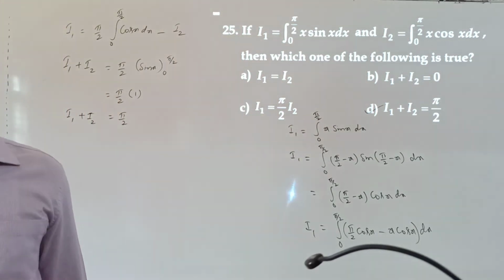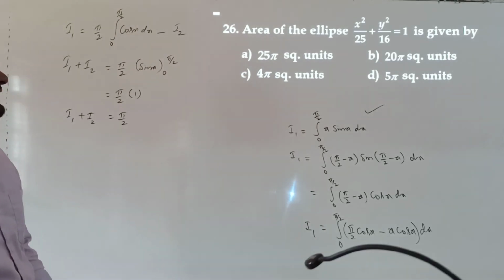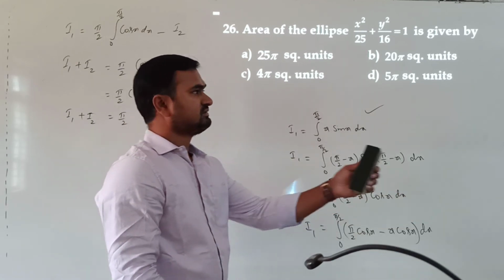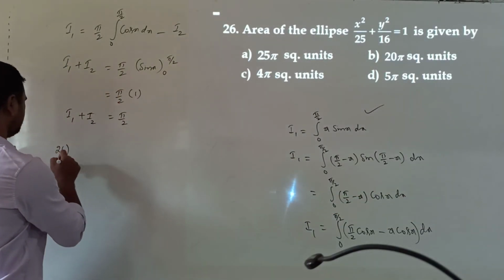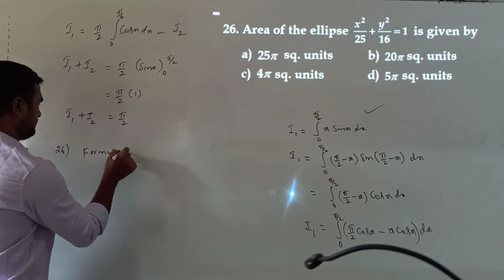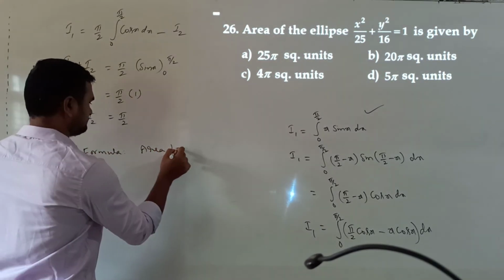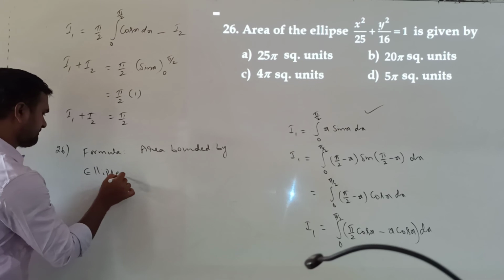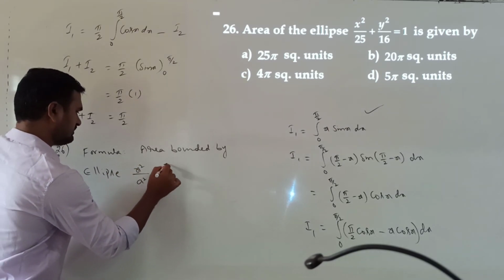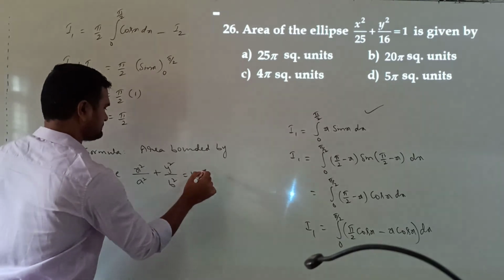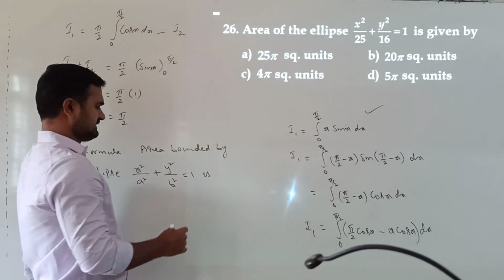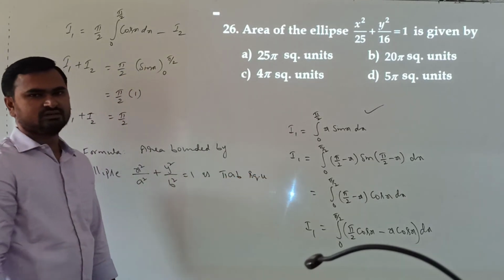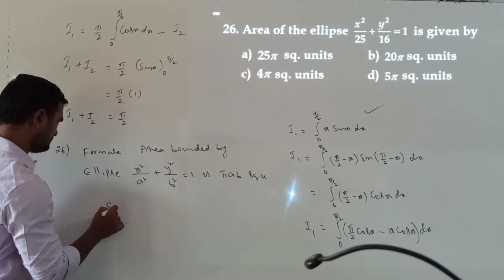So the next question. The area of the ellipse x square by 25 plus y square by 16 equal to 1 is. For solving this, we should know the formula. The area bounded by the standard ellipse x square by a square plus y square by b square equal to 1 is pi ab square units. Okay, so according to this formula, the required area is